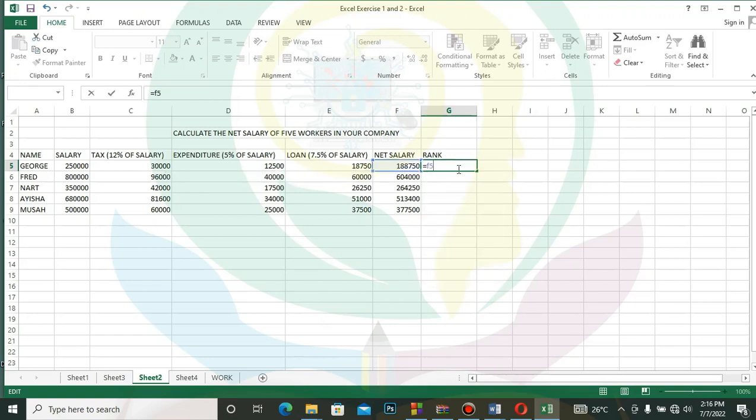F5, comma, shift. You hold the shift and press the dollar sign. Then you bring your F again and the dollar sign. Then you bring your 5. So how we normally do is, after bringing where you are starting it from, that's F5, now you need to